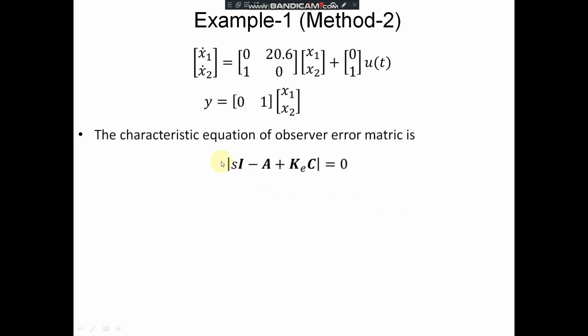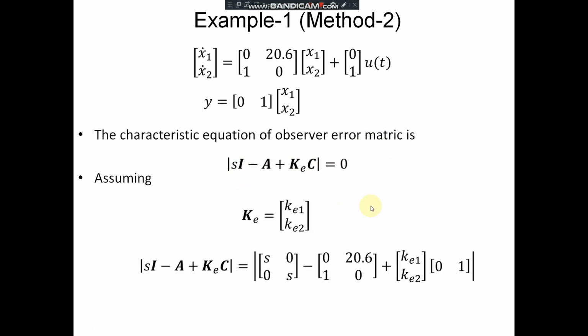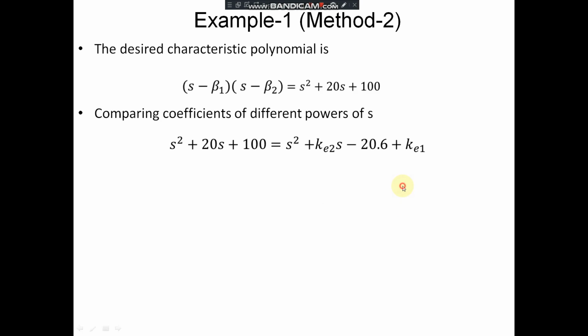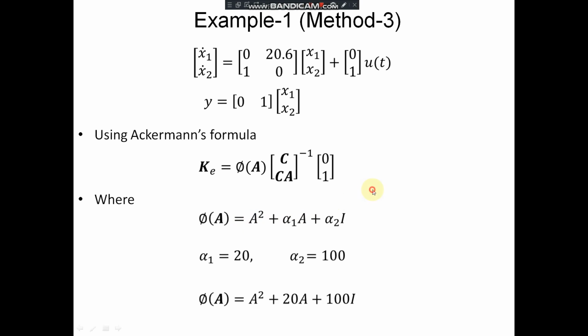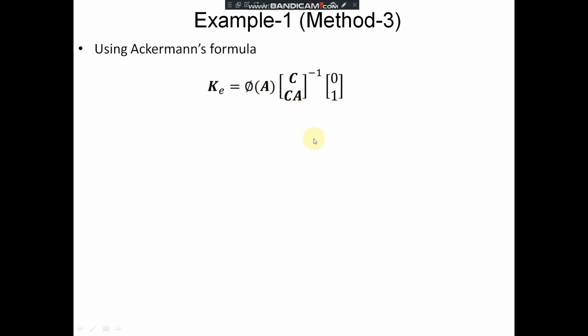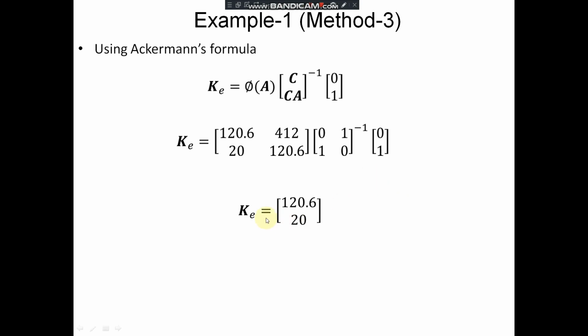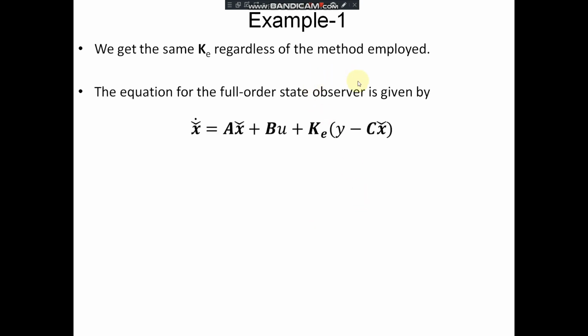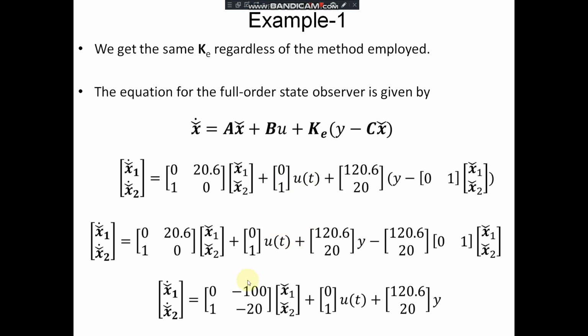Then for the second method, it is directly calculated from the characteristic equation of the observer error matrix, which is determinant of sI minus A plus Ke into C is equal to 0. Therefore, Ke is Ke1 and Ke2. We'll compare the coefficients of S square, S and the constant, and we'll get Ke is equal to 120.6 and 20. So this is using the direct substitution method. Then for Ackermann's formula, we'll calculate phi of A square, then phi of A becomes this one, then C A, its inverse can be calculated and substituted. So we'll get Ke is equal to again the same value using Ackermann's formula also. So regardless of the method employed, we'll get the same values for the controller